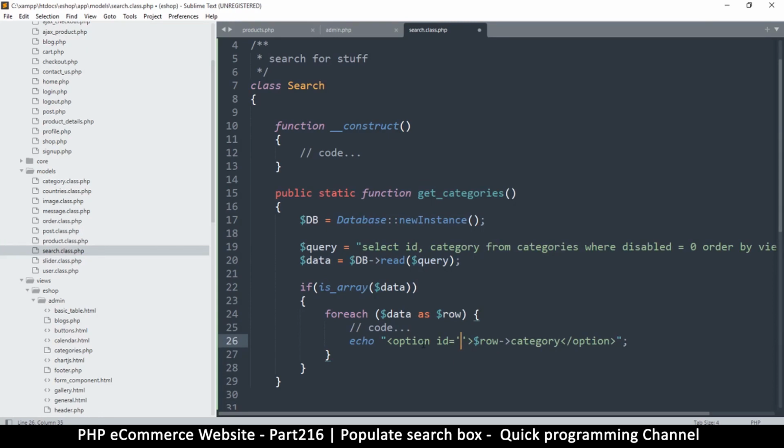We say row ID. So I'll get this, put it here, ID. Good. So now that we're going to loop through this, it's going to echo everything. So all I need now is to run this function as it is. So I'm just going to copy this and then go to my